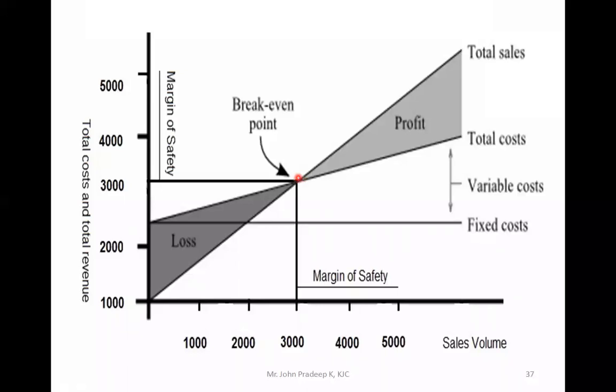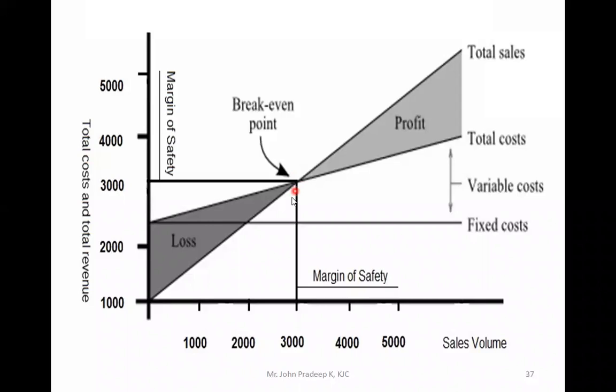Yes, sir. So don't worry, I'm not going to ask you to draw any graph in the exam, but you have to understand the concept. The x-axis is sales, the y-axis is total cost and revenue. I draw the fixed cost line, then the total sales line, which starts from 0, and the total cost line starts from the fixed cost line. Where the total cost line and total sales line meet, that point is called the break-even point. So we have learned how to calculate using the formula; you can also calculate using the graph.